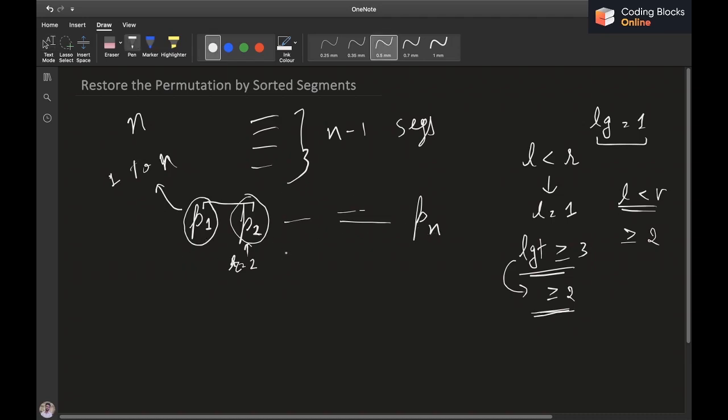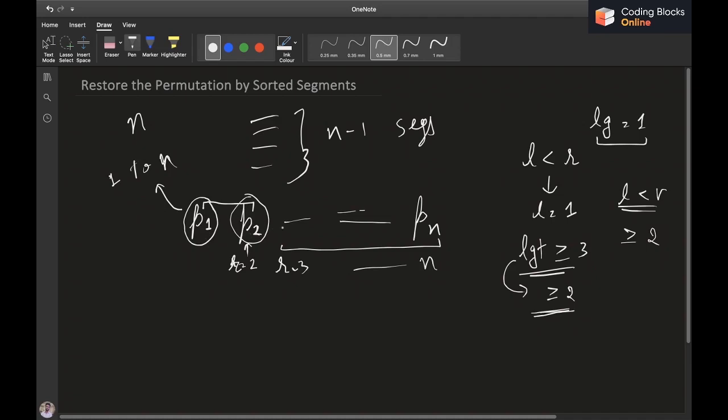Now I'll have the segments for each r from 3 to n, and similarly as we saw for the r equals 2 case, in the r equals 3 case it's for sure that the segment is going to contain p2 and p3, because if it contained p1, it has already been deleted, and it's sure that it will contain p2 because L is going to be less than r.